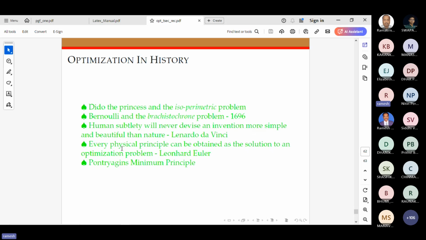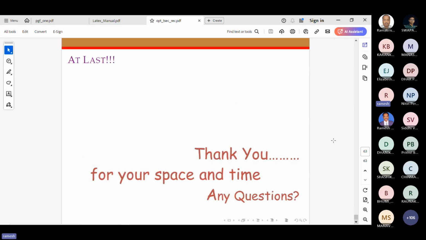And the great Leonhard Euler: every physical principle can be obtained as a solution to an optimization problem. And so these are the examples. So everything in nature seems to have been an optimized result. So already what we have is an optimum. If what we have is an optimum biosphere, what we are doing is actually going away from the optimum. We are not utilizing natural resources optimally. Today we are talking about sustainable development, but we are not really doing sustainable development. So these things will be very important for the coming generations. So think about it. But nature inspires